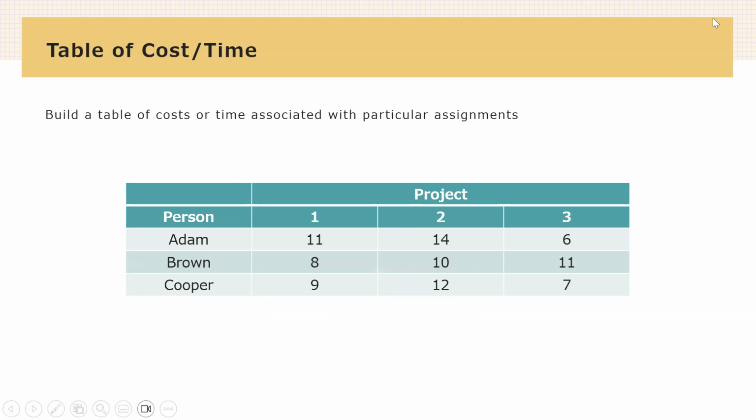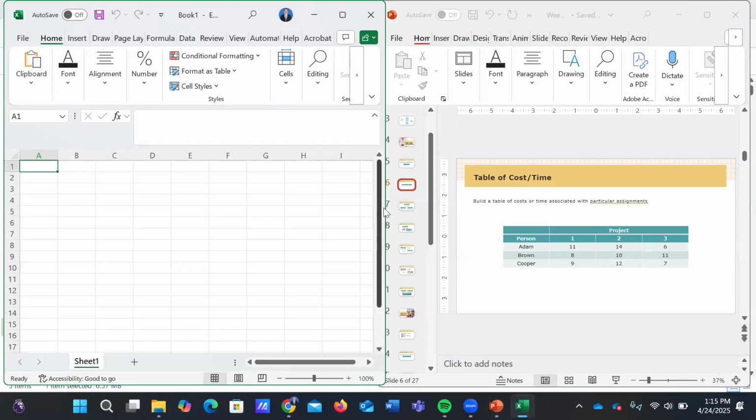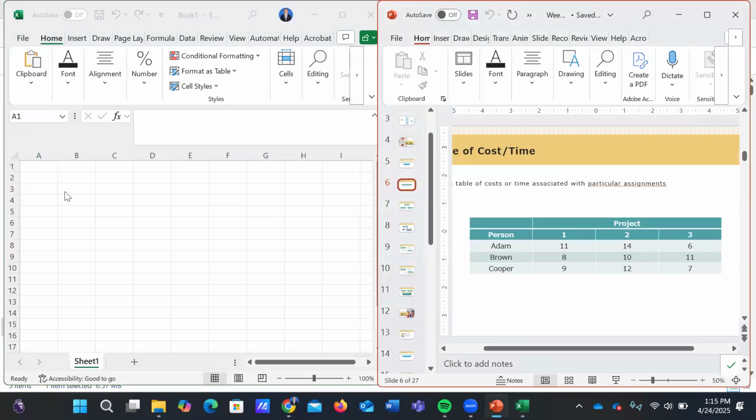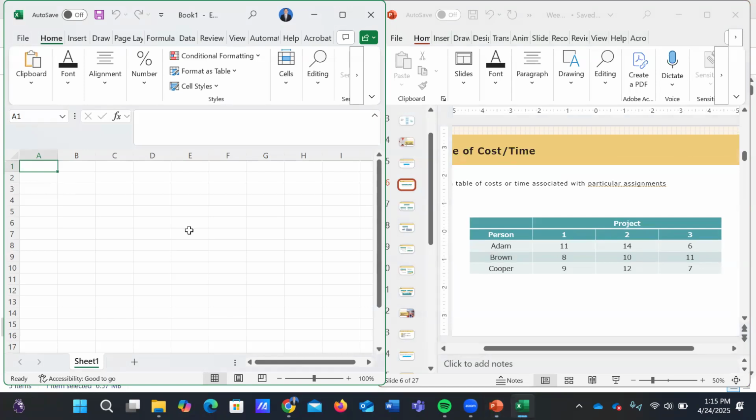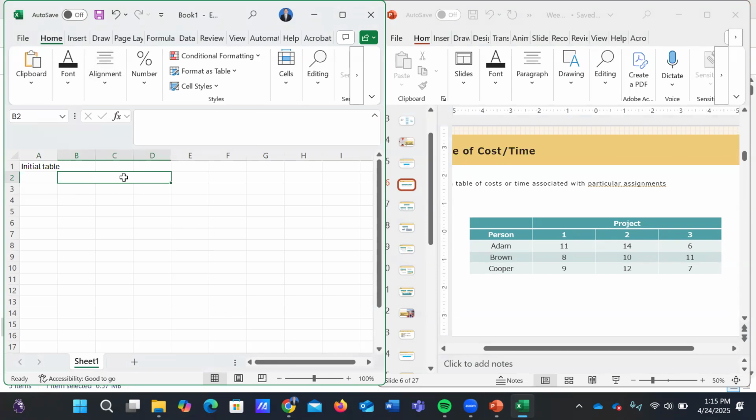Prepare your own Excel. I have prepared my Excel. The first step, let's make an initial table. We have 3 projects here. This column we set to project.